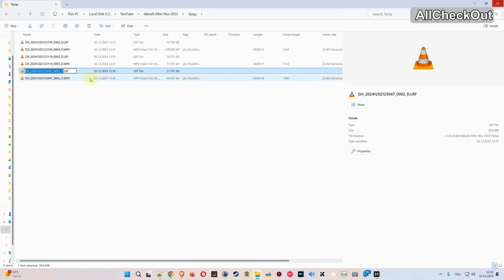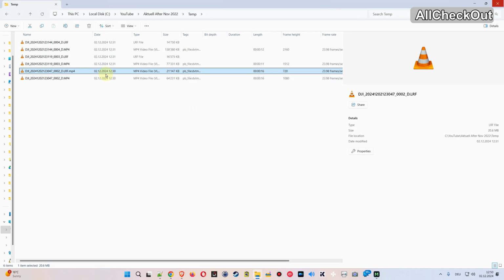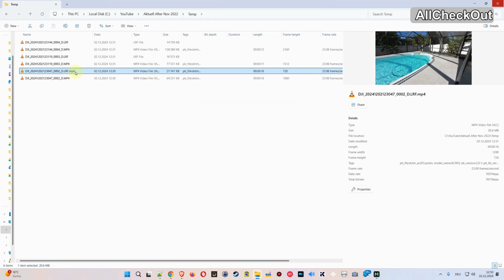So how can we change that? As far as I can see, the only way is to rename it, for example with F2, then go here and type MP4. That's of course also a solution if you don't want to assign a video program. If you just give it MP4, then the normal standard video player will be able to open and play it. So as soon as we have the MP4 here at the very end, you can see more information here from